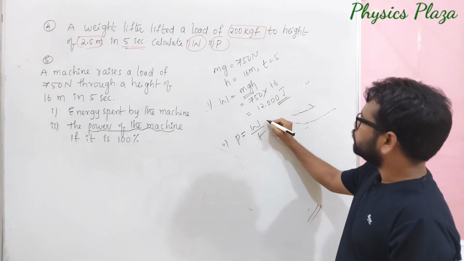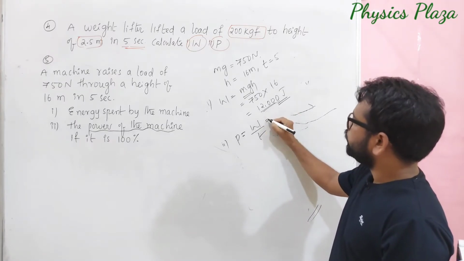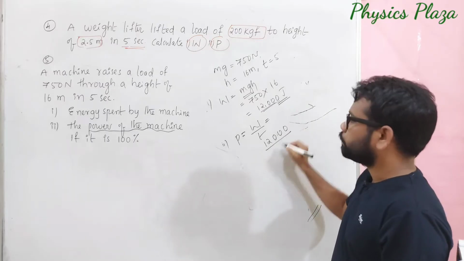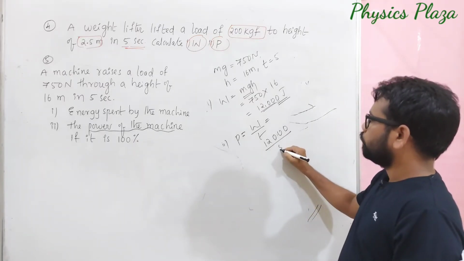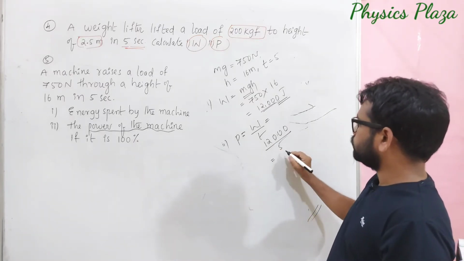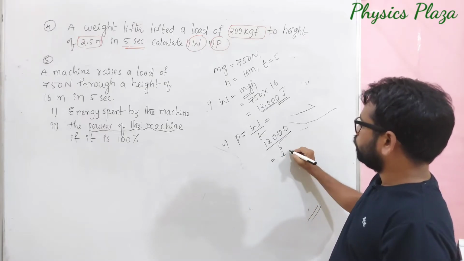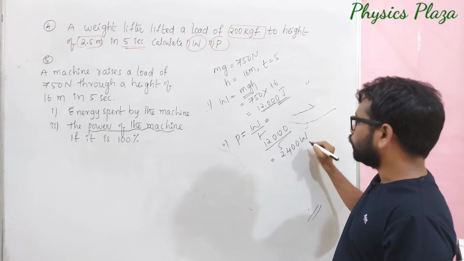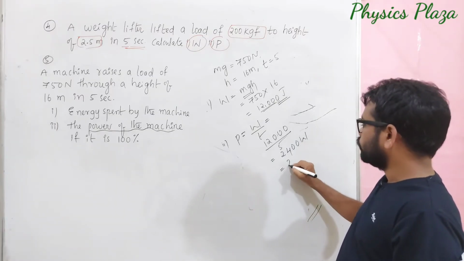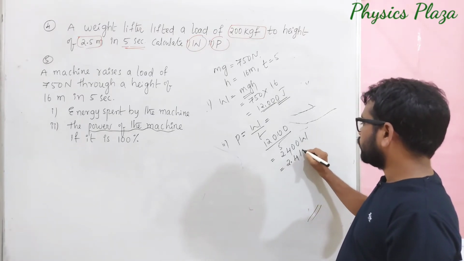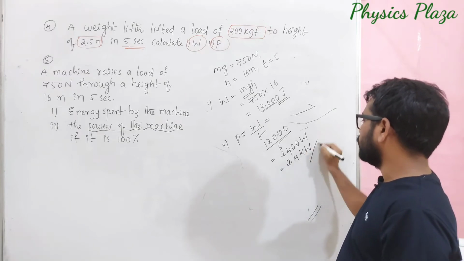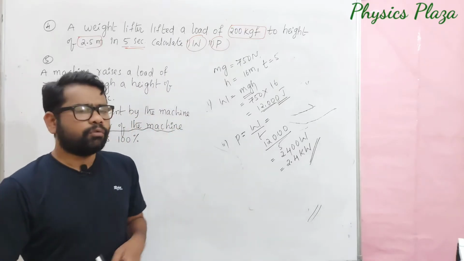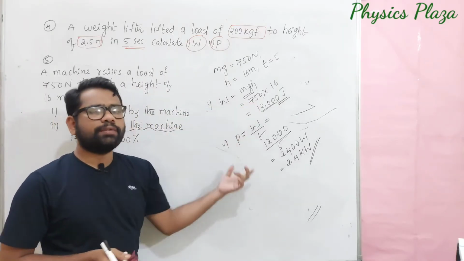So how much we got here? That is a work, that is an energy equivalent, that is 12,000 we got. So it is 12,000 by time is given how much? It is 5. So this is 5 2s are 10, 5 4s are 20. So it is 2400 watt, or we also can write as 2.4 kilowatt.